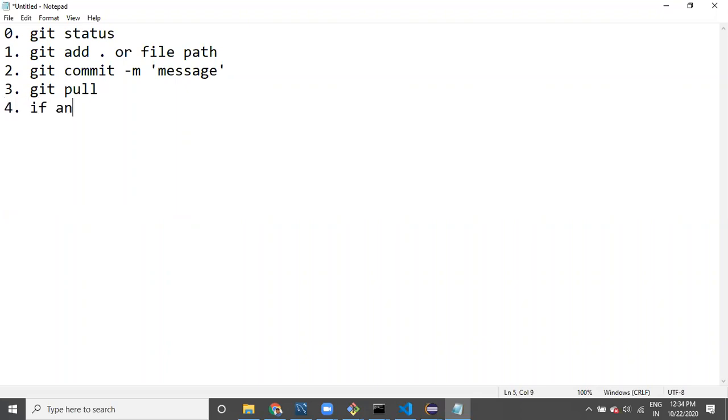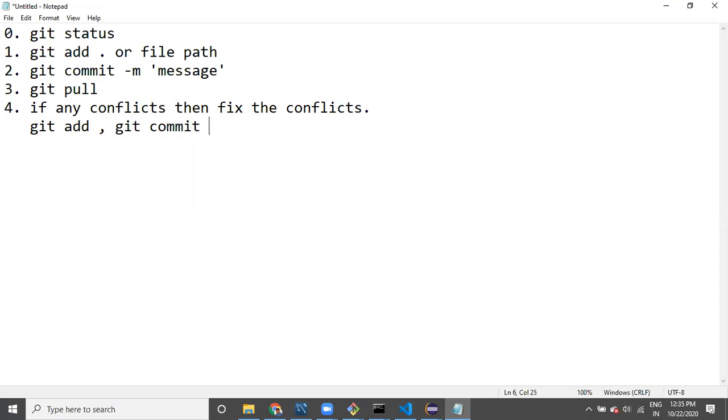After the pull, if there is any conflict, then fix the conflict. Next, because of the conflict changes, you need to do git add and git commit again.